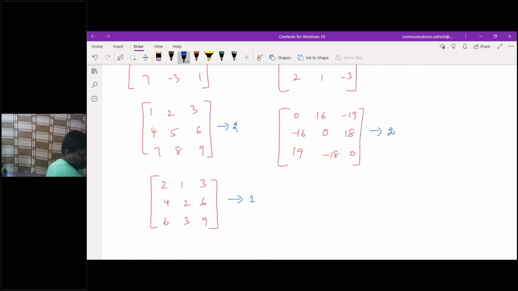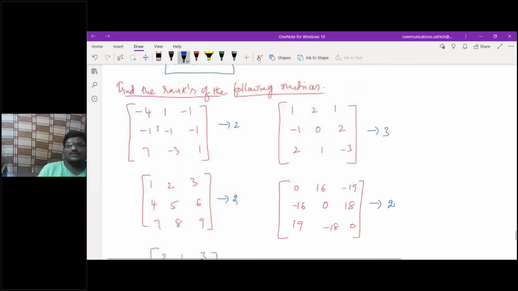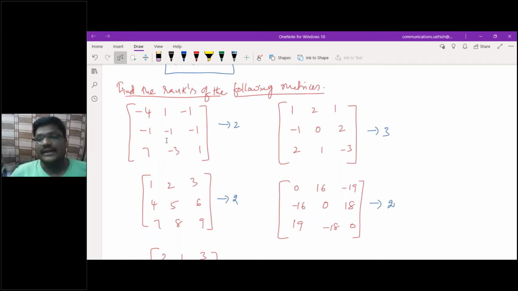Okay, sir. Yeah, these are some of the problems which you have to keep in your mind to solve the things. So is there any doubt in those concepts? I hope you understood properly the concepts of determinant of a matrix, rank of a matrix, and inverse of a matrix. Are all the three concepts clear or not? Is there any doubt in those?